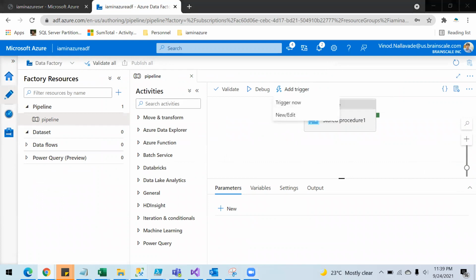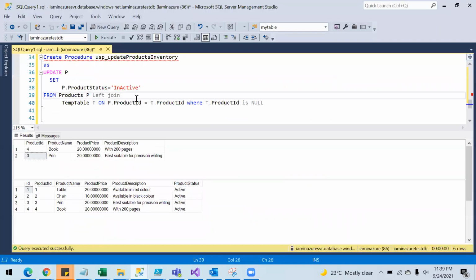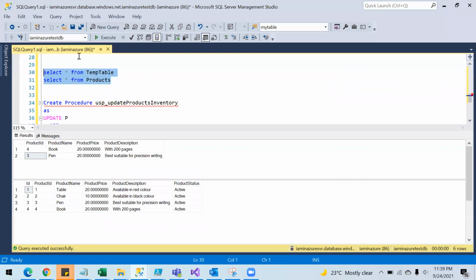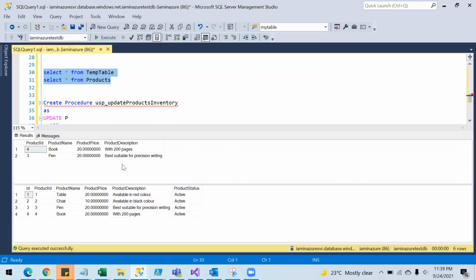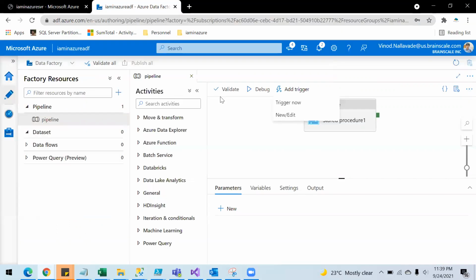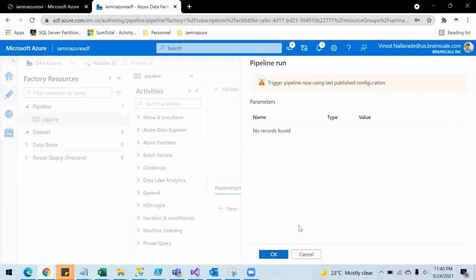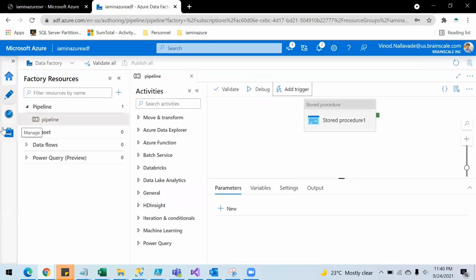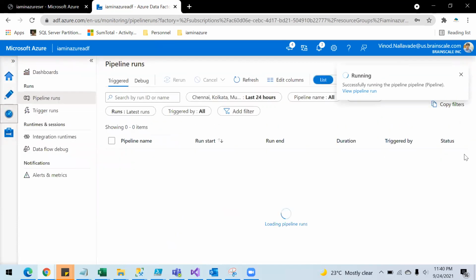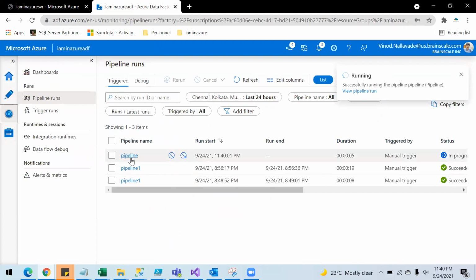Before triggering, I would like to show you the data once again. When you run this select query on the temp table and the product table, all the states are active. Now I trigger it, and you can go to the monitor section. This will show you the pipeline is in running state. It just took 10 seconds.